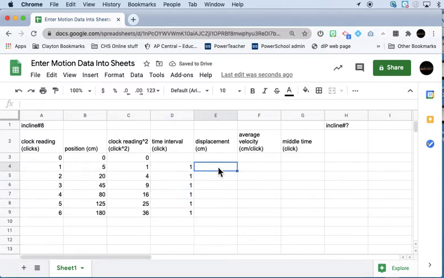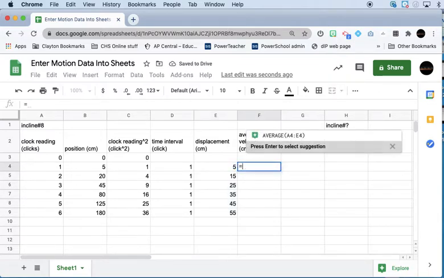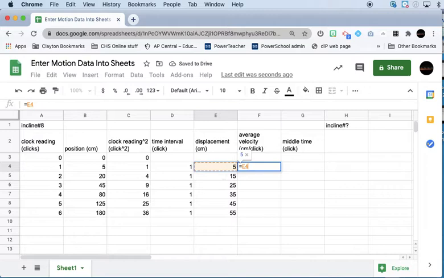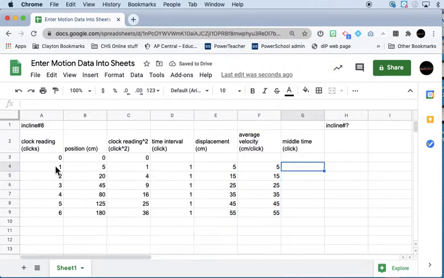Displacement, I can do the same thing. Equals final position minus the initial position. And I can drag that down. Average velocity is the displacement column divided by time interval. And then the middle time is the average of the clock readings, right? So I can say equals this plus